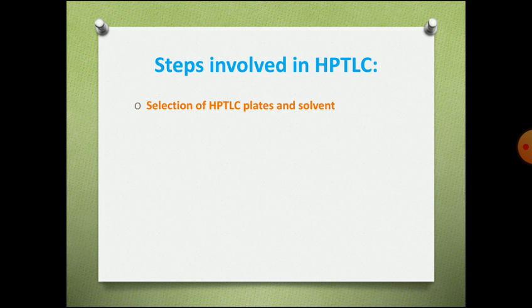Actually, activation means what? Some contamination may be present on that pre-coated plate, either humidity, moisture, or another contamination. For that purpose, we have to activate that pre-coated plate. A freshly opened box of TLC or HPLC plates usually does not require any activation, because that will be a fresh one, there is no contamination. Suppose a plate is exposed to high humidity or kept on hand for a long time, it may have to be activated